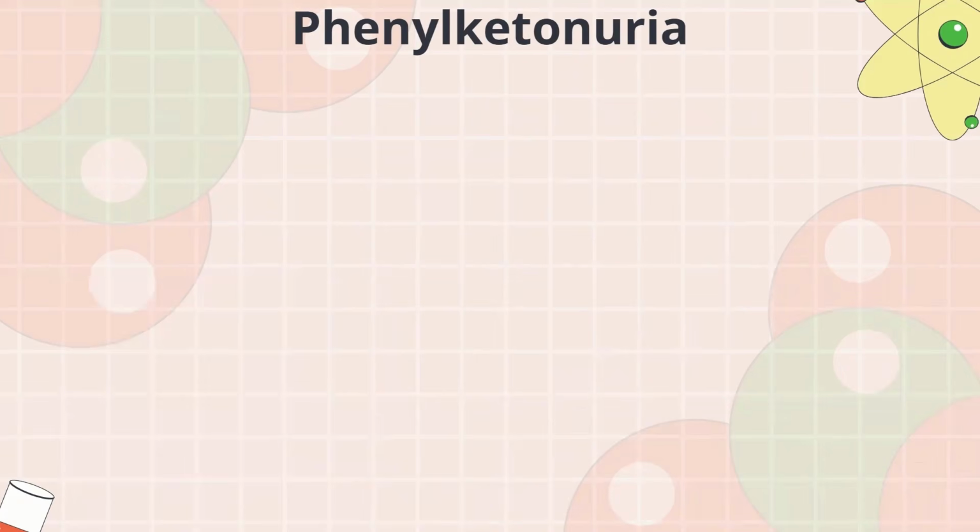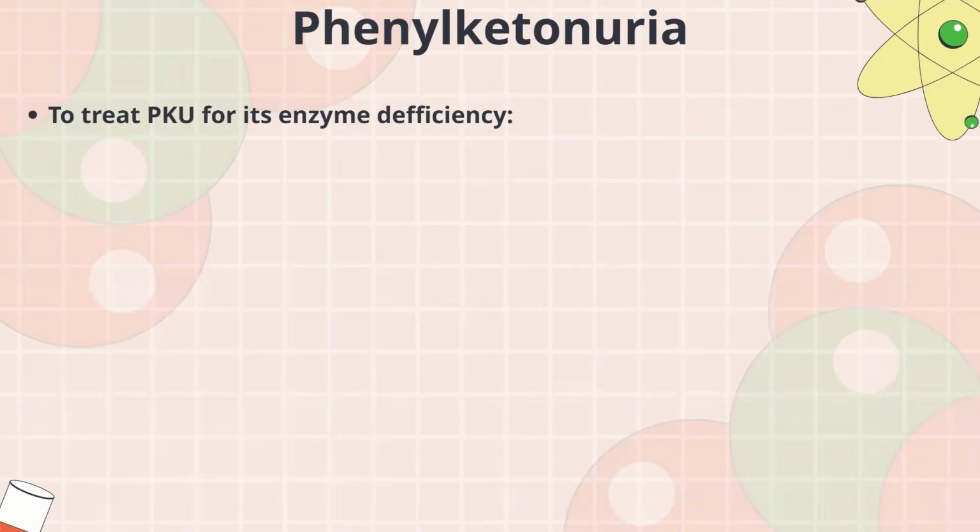Now, how do we treat PKU? Logically, if we want to treat PKU, we said we have a lot of phenylalanine. So the first thing we want to do is prevent the patient from having more phenylalanine and contributing to his symptoms, right? If we have less phenylalanine, that is the good part when we have a defective enzyme. And this is basically telling us the right titration of phenylalanine.